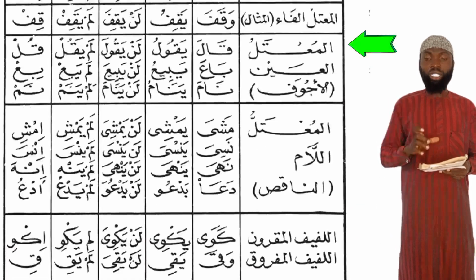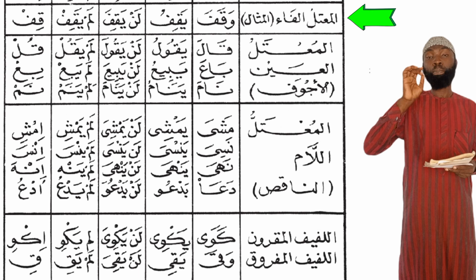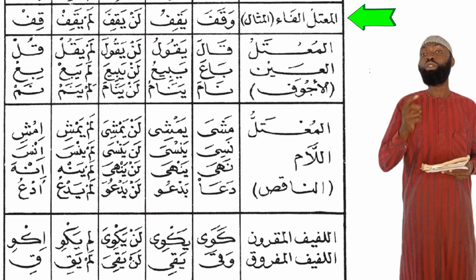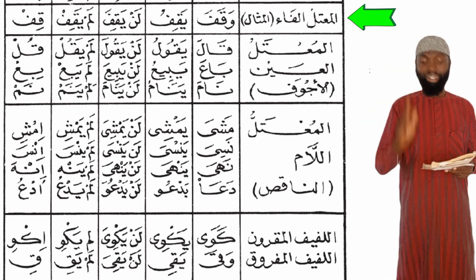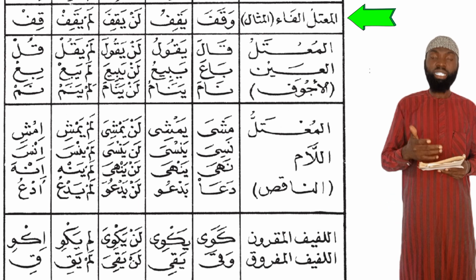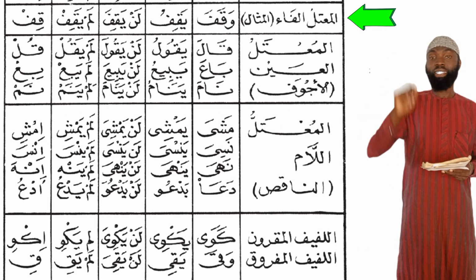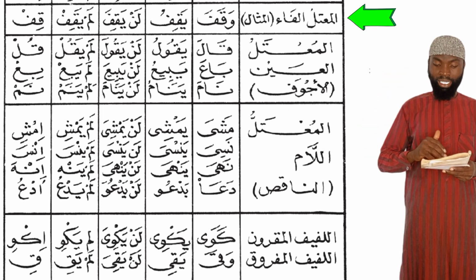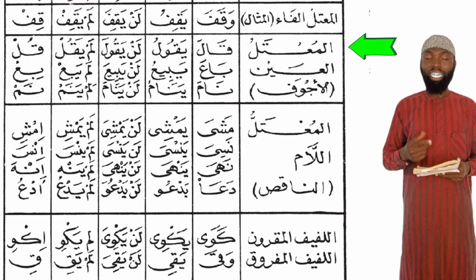MashaAllah. Now moving to the fourth category, which is the al-mu'tal, the one which has the presence of a weak letter. The first category is the al-mu'tal fa, the one which has the weak letter in the first letter, and this is called al-mithal. Example is the word waqafa. When you come to the present tense, you see yaqifu. This is treated in the link placed above. You can watch the video to understand how al-mithal, present tense, command tense are formed. Then you have lan yaqifa, lam yaqif, then qif, stand.